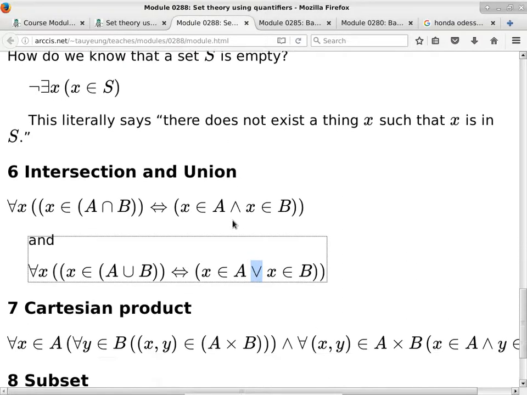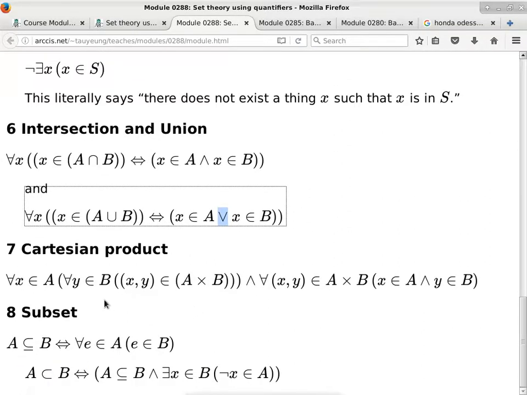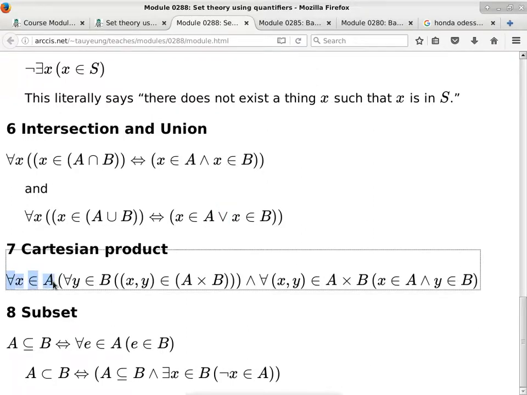Cartesian product is kind of the same. All we do is to apply the universal quantifier, but this time it is nested. So if I zoom out a little bit, okay. For everything x in A. Then we apply for everything y in B. Then we want to say x, y as a two-tuple has to be an element of the Cartesian product A cross